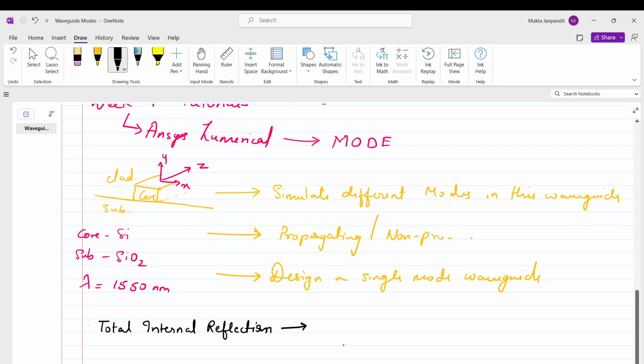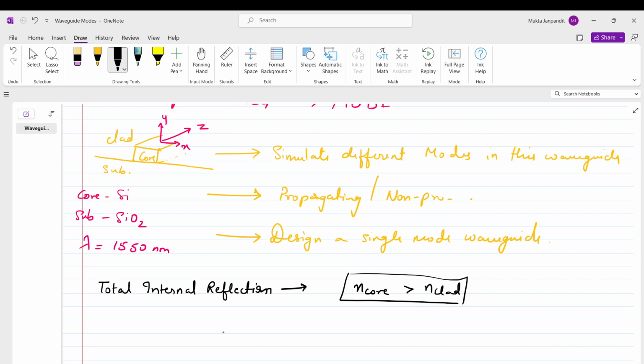Total internal reflection happens when n core is greater than n clad. That was the basic principle. Then of course there is more to it than just this.